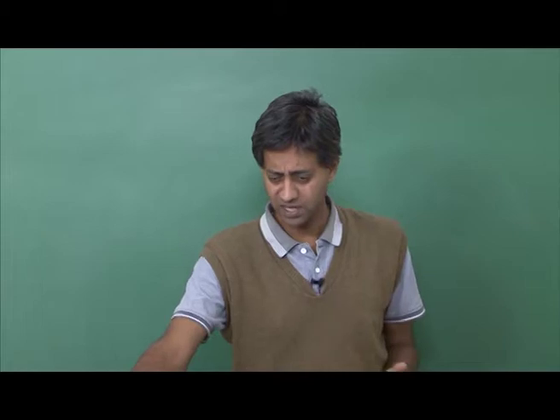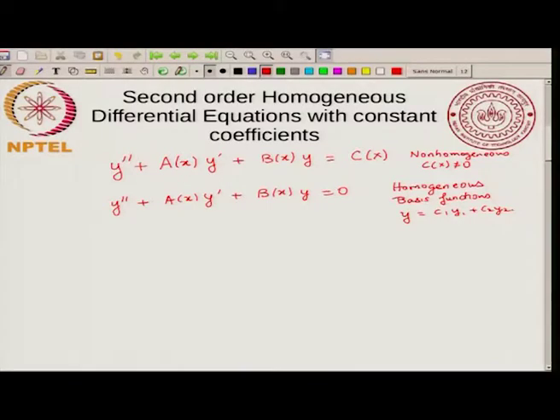Okay. And you can easily verify this for certain non-homogeneous equations. So, today I want to first start the discussion of a special type of homogeneous linear second order differential equation. It is those with constant coefficients. Okay. So, what do you mean by constant coefficients? So I will say second order linear homogeneous equations with constant coefficients.